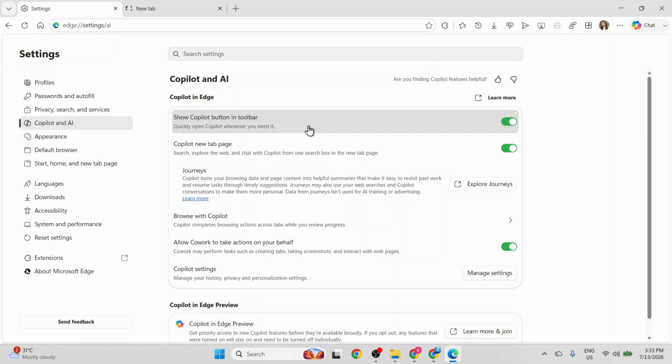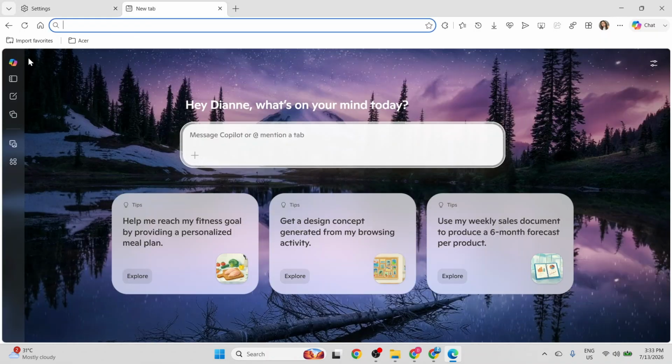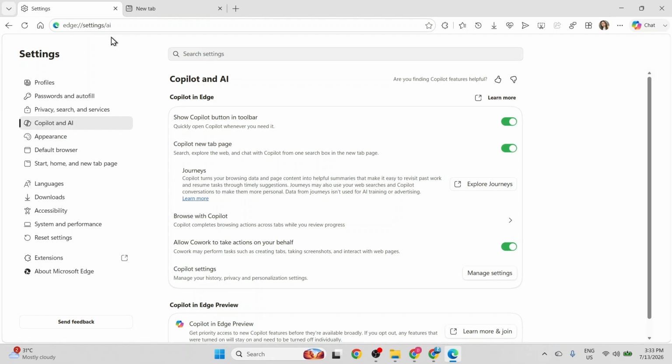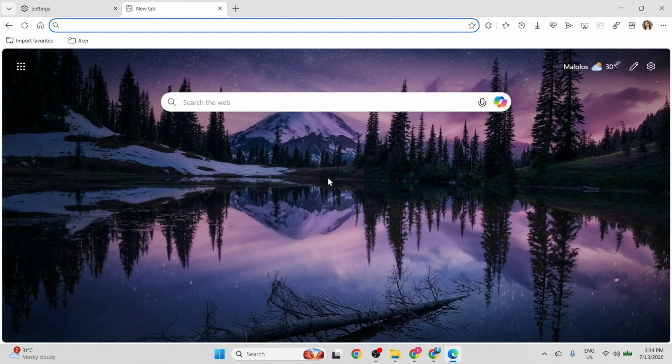I opened another new tab to show that the Copilot interface is back, including the chat button on the right. I click back onto the Settings tab once more to complete the process. I turn off the Show Copilot button in Toolbar toggle, then the Copilot New Tab page toggle, and finally the Allow Cowork to take actions on your behalf toggle. I open one last new tab to confirm everything is set, and as you can see, the Copilot features are